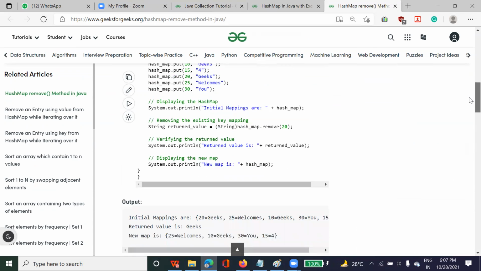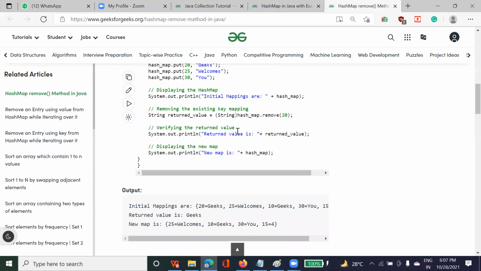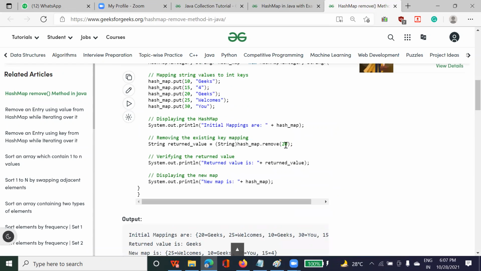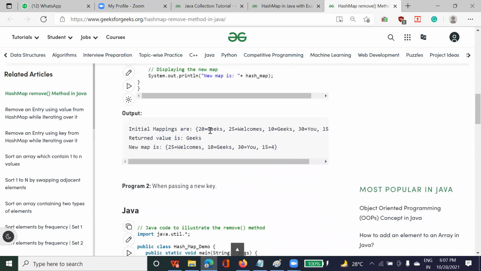So suppose you want to remove an element, you just have to call remove and write down the ID. When you pass the ID 20, it will remove the value associated with that. Are you getting what I'm saying here? To this remove function you just have to pass the key that you want to remove, and based on that key it will remove the value as well. When you print it, you can see earlier 20 was there, but when you passed 20 it removed the 20 and its value, and you now have only 4 values. So like this, your remove function works.